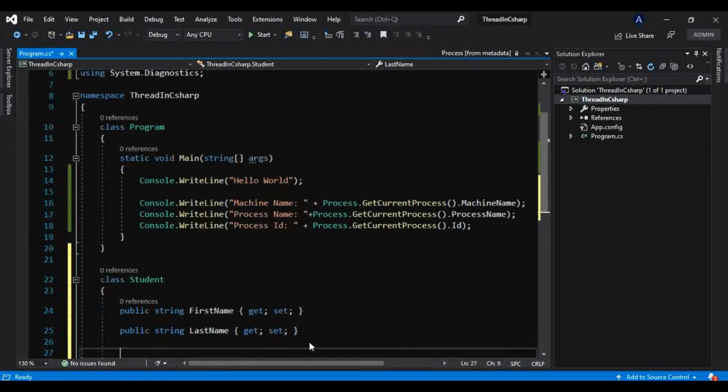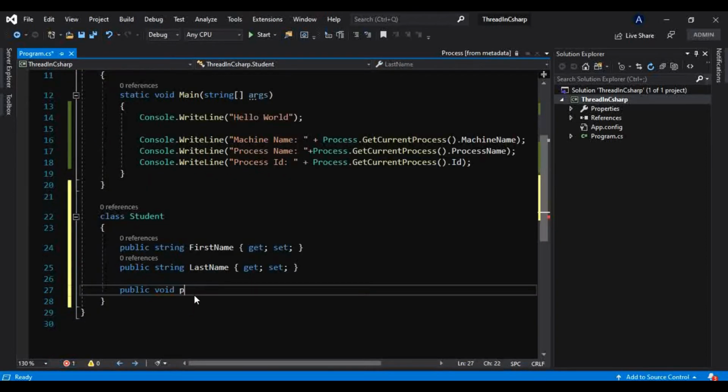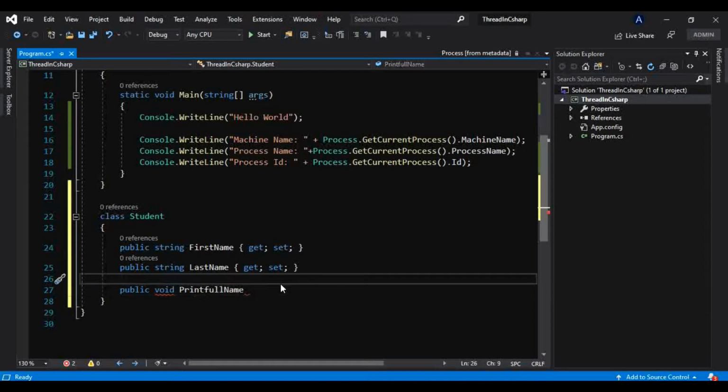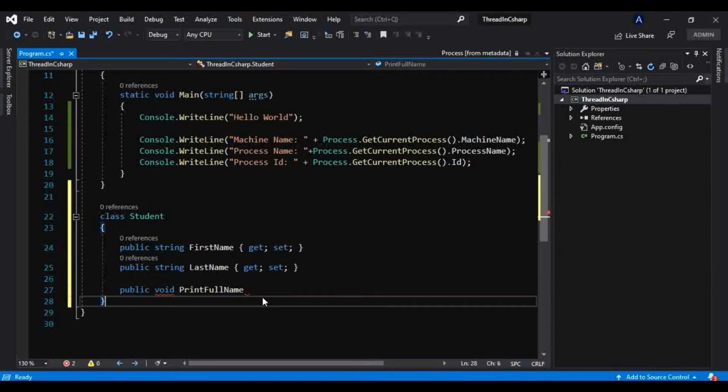Okay, and let's just have one method here, print full name.